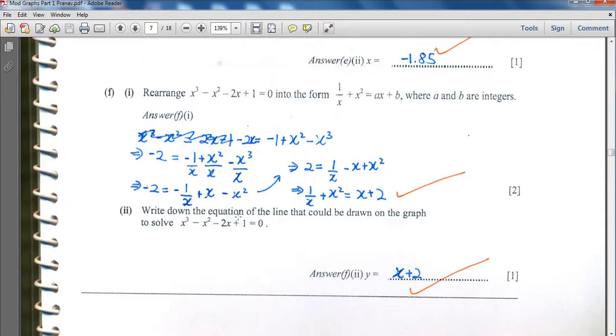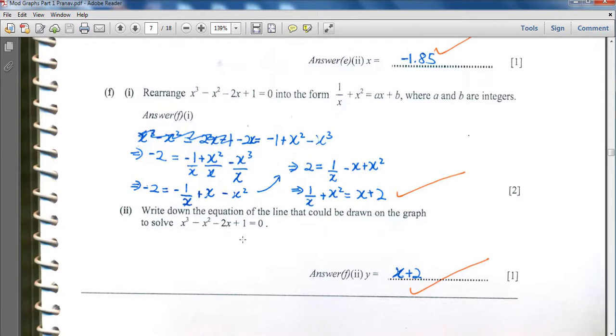Next part of the question, write down the equation of the line that could be drawn on the graph in order to solve x cube minus x square minus 2x plus 1 is equal to 0. So this is the expression which was given. So in other words, this is a roundabout question, because what they're trying to say is they're asking you the line which needs to be plotted so that we could have used the same curve to get the solution for this cubic expression. So as we can see, this cubic expression is the curve is equal to the straight line